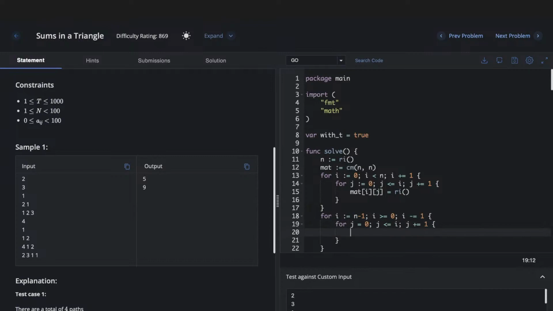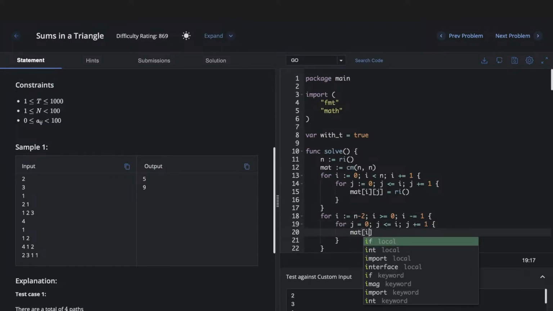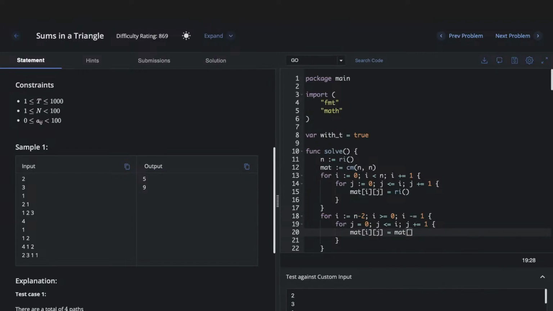Okay, now mat of i. So what we can do is, let's do from penultimate. So it'll be mat of i, j will be mat of